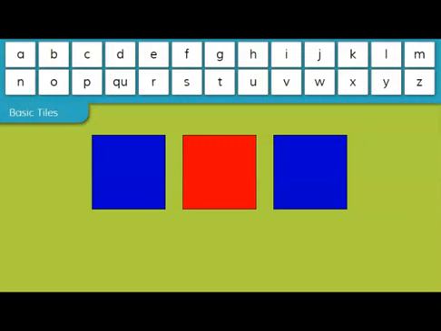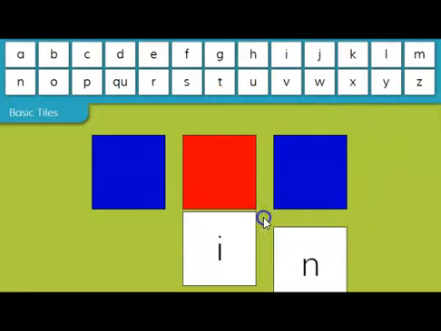Now we're on the website reallygreatreading.com and looking at their letter tiles. We spoke that we're going to talk about CVC words. So a consonant, a vowel, and a consonant. So let's look at our first word family. We spoke about the word family in.